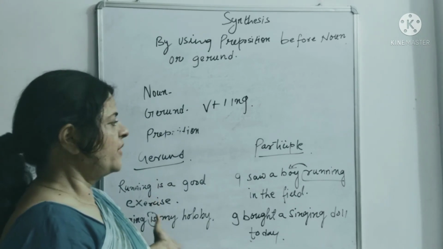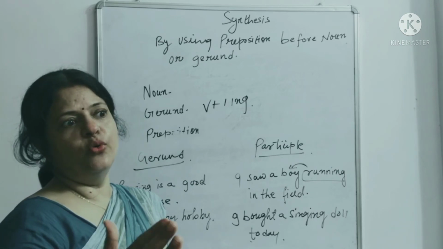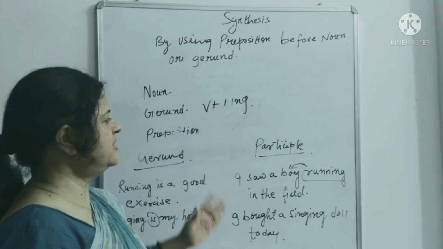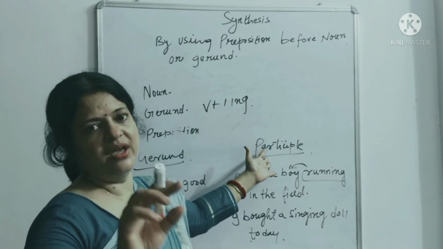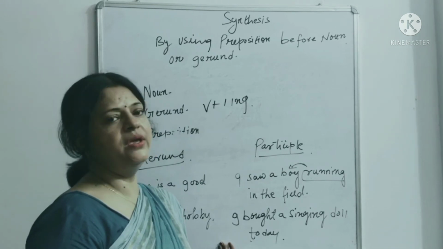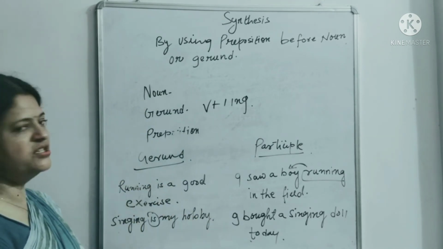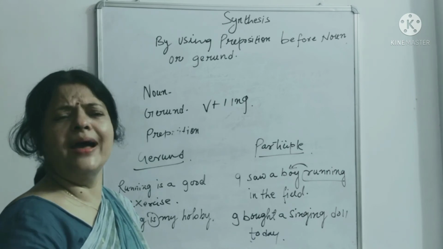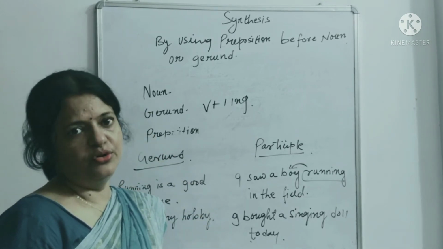Now you know that in simple present continuous tense we use I am going, they are playing, we are running. Okay, so we see that participle can be used as a verb also, as a main verb. We are running. So the work of participle is to be a verb as well as an adjective, but the work of gerund is to be a subject of the verb, to be an object of the verb, to be a complement of the verb, and whatever the noun does, a gerund can also do that.